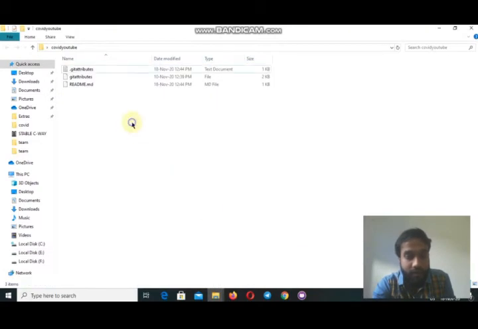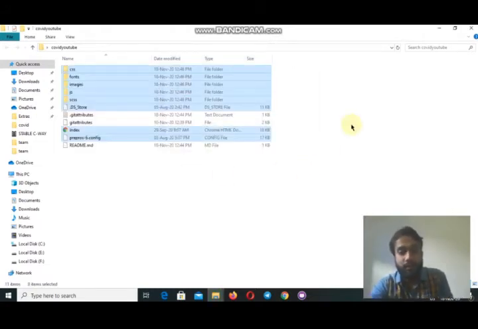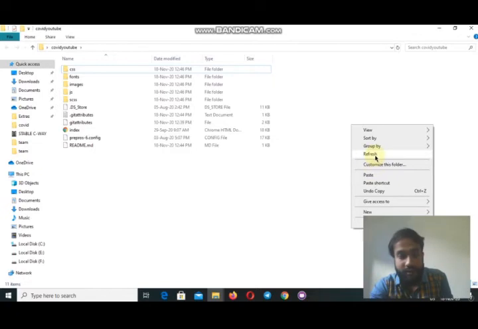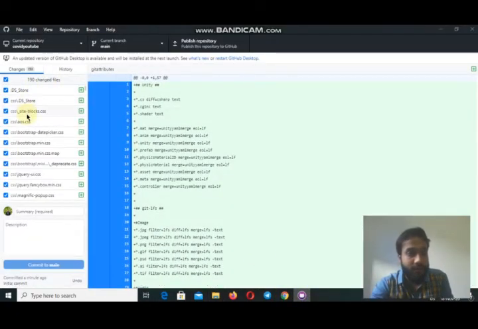Now coming to this folder, we will paste them. Okay, so we'll paste it and simply refresh. Returning to GitHub Desktop, we will see all the files listed here. So now we are almost 90% done with uploading these files.